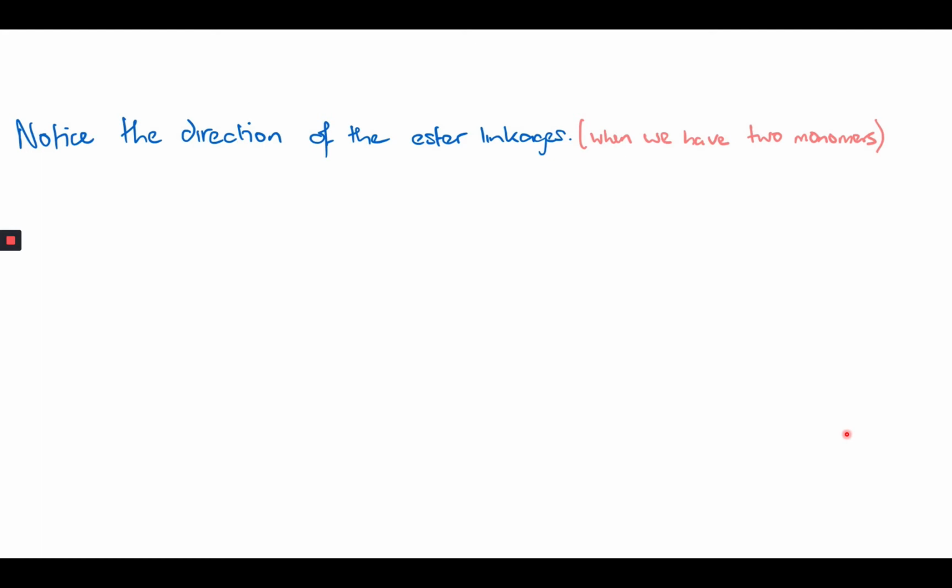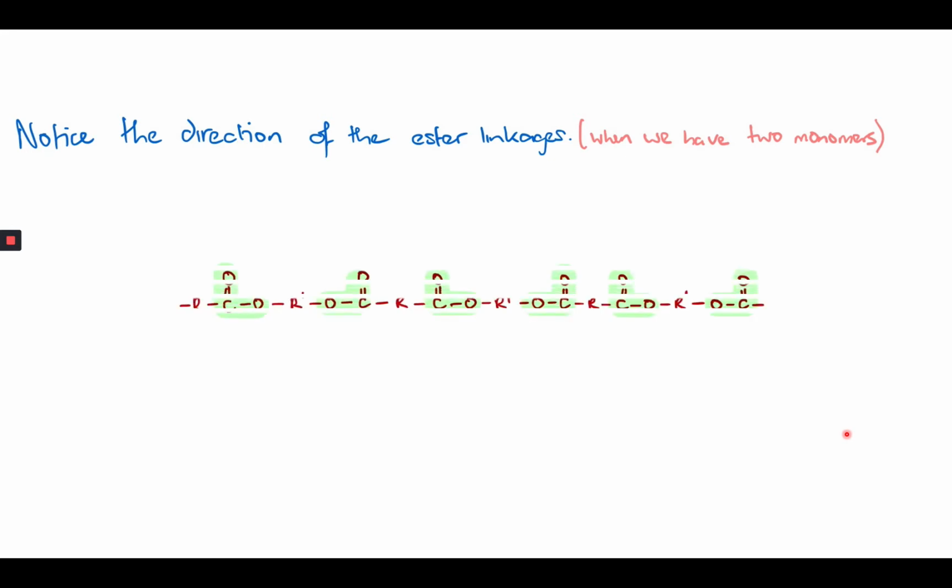So far we've looked at our starting monomers and then the polymer that they make. But quite often they will give you the repeating unit or the repeating structure, like the product side of the equations we've been looking at, and they will ask you to draw the monomers. If you're trying to spot quickly whether you're having to draw two monomers or a single monomer, one of the things to look out for is the direction of the ester linkages. Whenever we have two monomers, like we just did with the Terylene, you'll notice that those ester linkages are